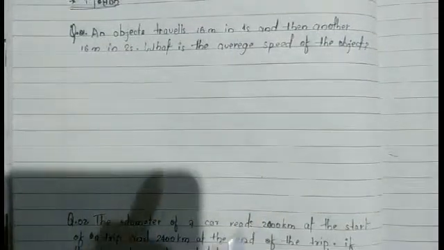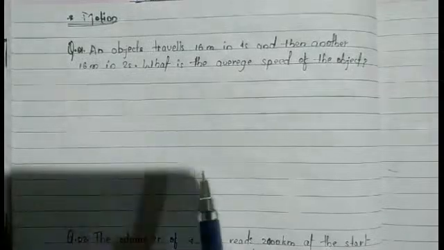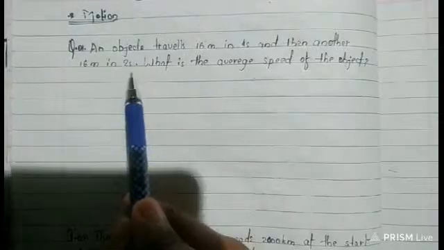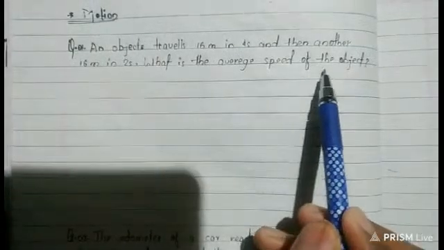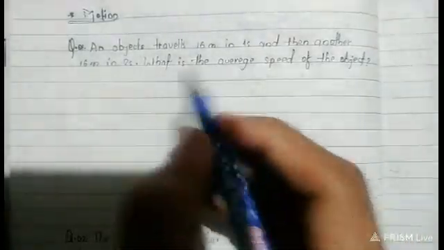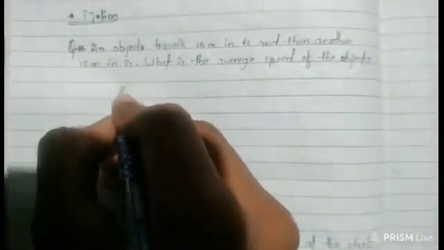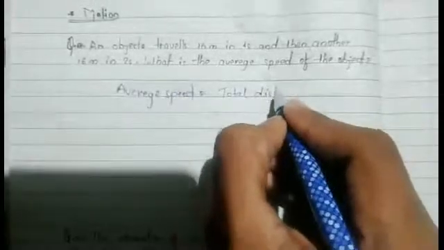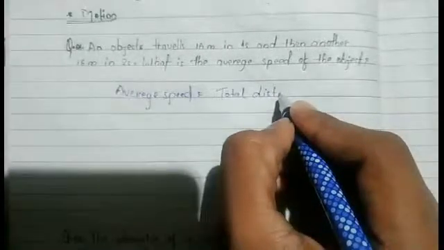So we have written the first question. An object travels 16 meter in 4 seconds and then another 16 meter in 2 seconds. What is the average speed of the object? So we know that average speed equals distance covered by